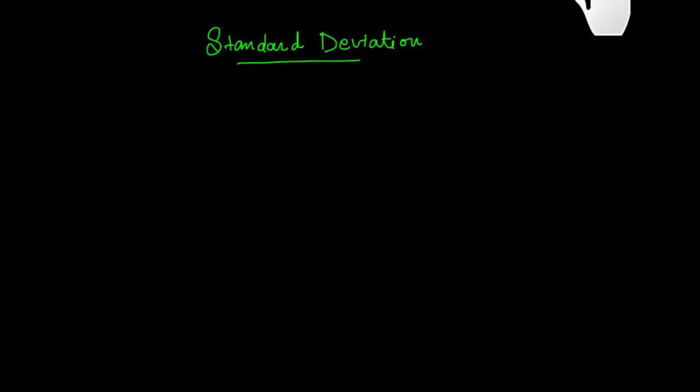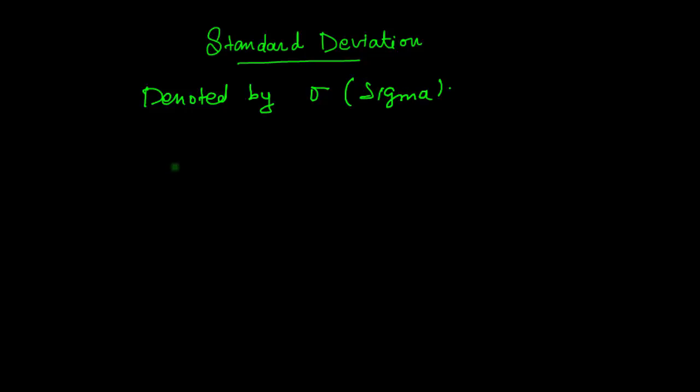So now we will talk about standard deviation, which is denoted by the Greek letter sigma. I am writing it in a bracket also. It is defined as the positive square root of the arithmetic mean of the square of deviations of the given values from their arithmetic mean. So in mathematical form it is represented as square root